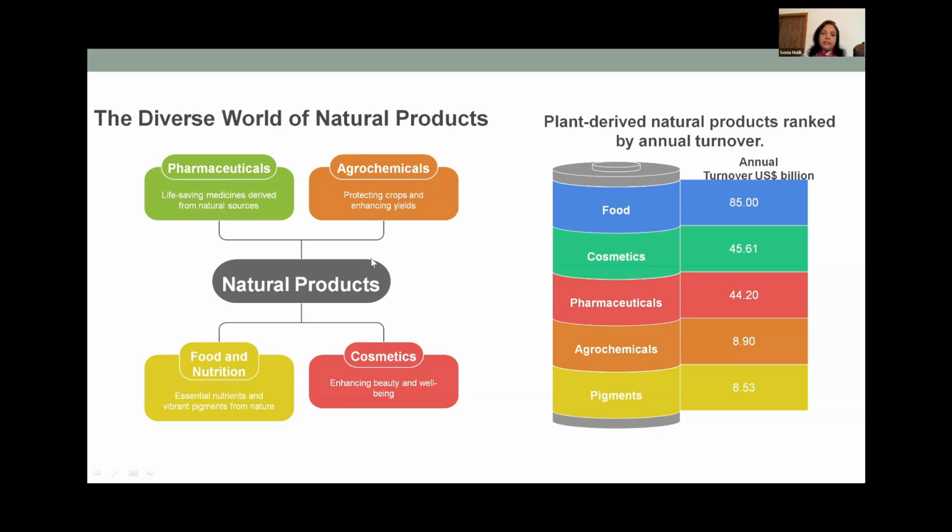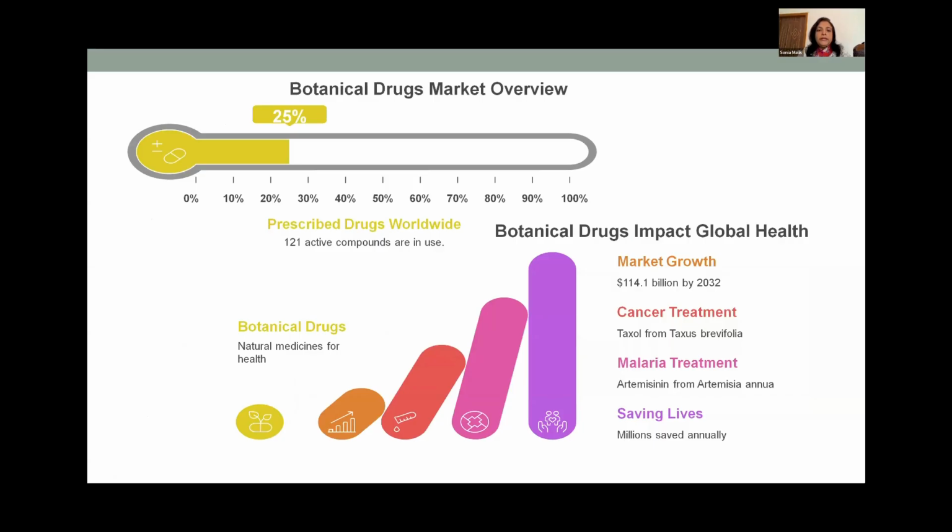So this is the slide, the picture showing the natural compounds and their use in various areas, as already discussed in the last slide. Here we can imagine the value of these natural compounds in the global market. And now if we go a little deeper into this natural compounds market,